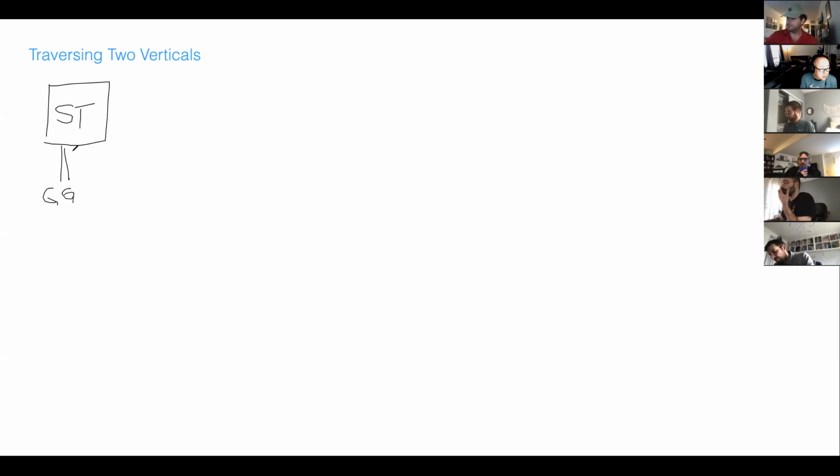So, what does even traversing two verticals mean? Look, no, that is a box. I don't want a box. I want the pen. Pen. Draw. There we go. Cool. And so